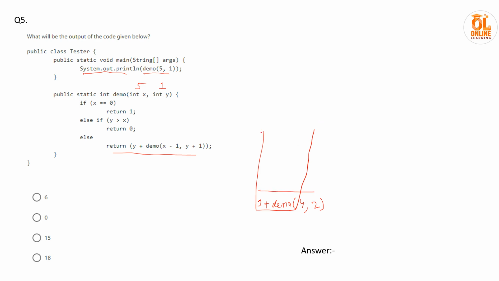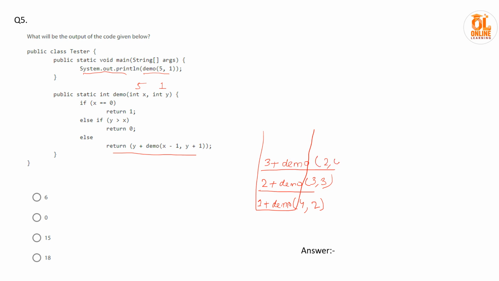So I am keeping it inside a stack because recursion operations are performed in a stack. Okay, so 1 plus demo(4, 2). Now it will again move. Again demo(4, 2) is now being called. So these conditions are again false. Then y is now 2, plus demo(x minus 1, y plus 1), so 3, it will also become 3. Then again it is going to be called. Now we will have 3 plus demo